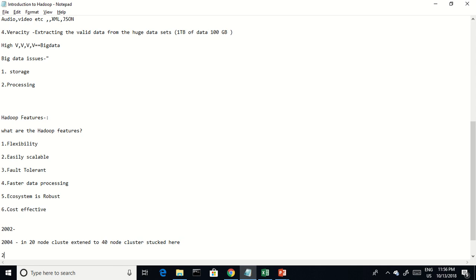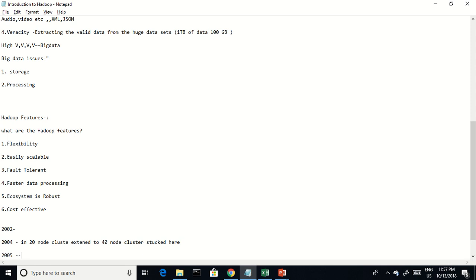Luckily in 2005, they got a document, a white paper published by Google. In the Google white paper, Google mentioned how to store the data in a distributed way. They developed the Google Distributed File System, the DFS, for storing the data, and Google MapReduce, a program by which we can process the data at a single point in time using multiple systems.